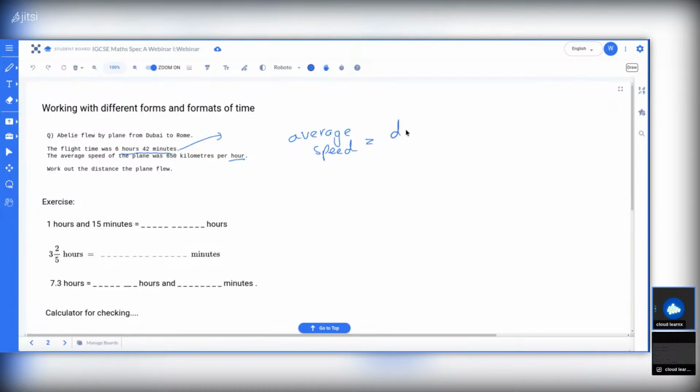The distance divided by the time. Okay, so that's average speed, but what you're looking for is the distance. So distance is going to be speed times time. Speed is pretty straightforward, 650 kilometers per hour. You need your time, you need to convert that into hours. How do you do that? Now, one of the common errors